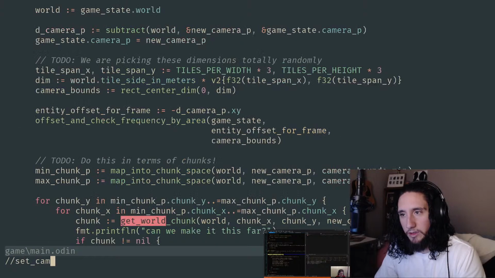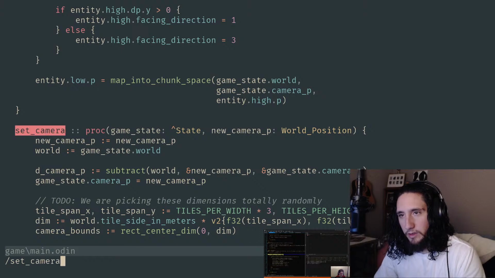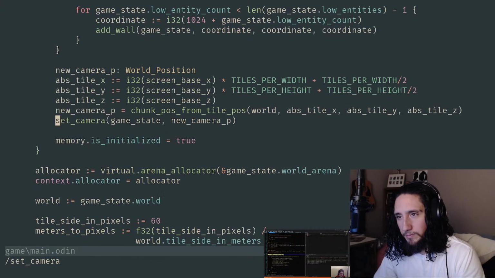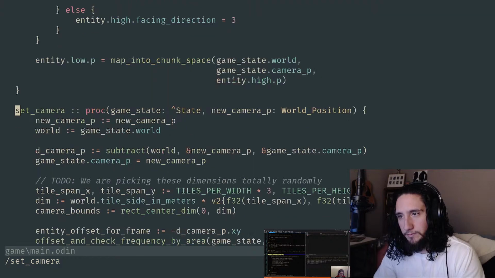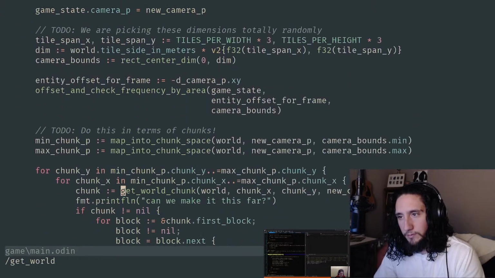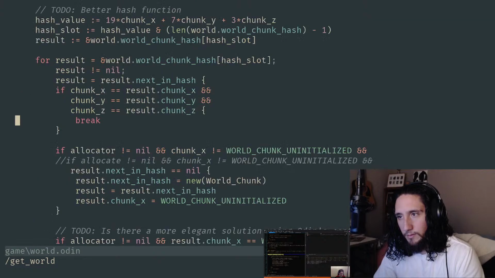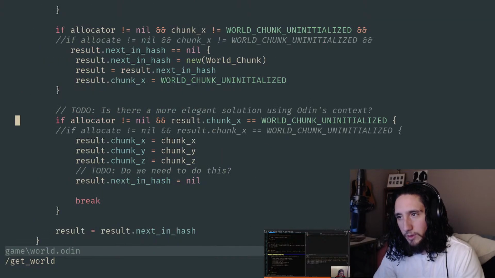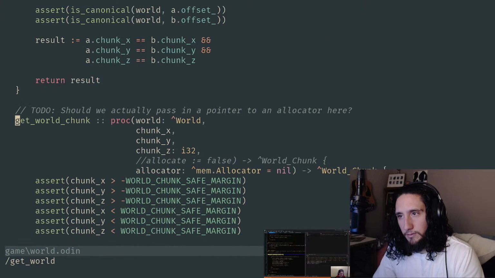Set camera. It's probably... Yeah, it has to be inside of the first set camera call when we're initializing the game. And we didn't even change any of this code, so... Yeah, there's something messed up about this.